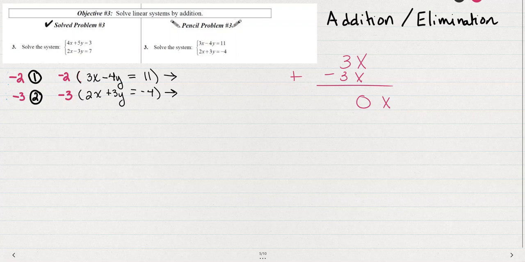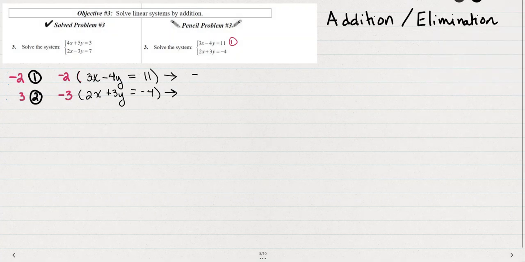So what I need to do is manipulate equation 1 and equation 2, or sometimes just one or the other, so that I can get two opposites. I could do that by seeing that equation 1 and equation 2 are really close to each other. If I were to multiply equation 1 by negative 2, so here's equation 1, if I multiply that by negative 2, I would get